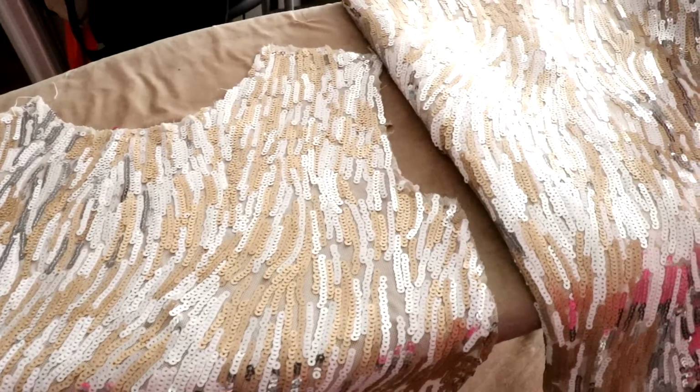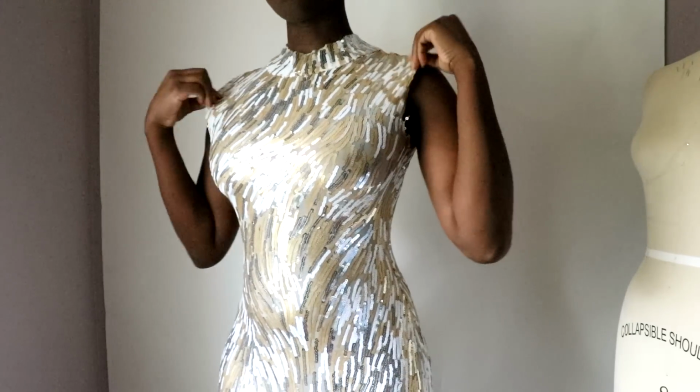Currently working on a dress to update my online shop. So I just finished installing my zipper, but I noticed that it's lumping at the center back. So I'm going to go ahead and try this on to see if it's really lumping, but it is because I can see it right now. And I'm going to try to fix this lumping issue that happens when you are installing zippers into knit fabrics or stretchy fabrics. Here is the dress,